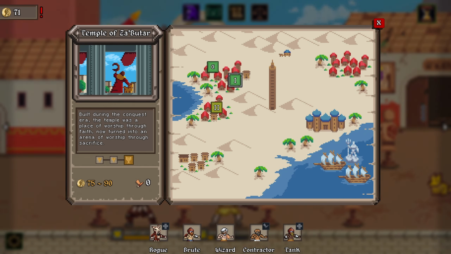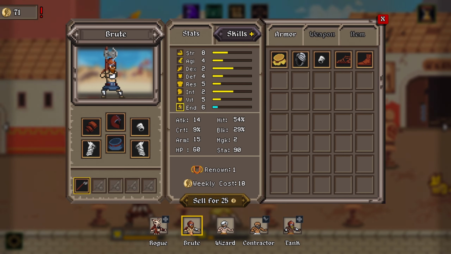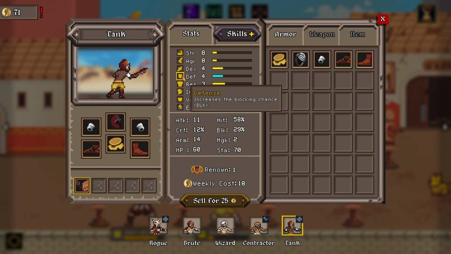So I've got my contractor, and then I renamed my guys so it's very much easier to understand them. So I've got my wizard, or our planned wizard, and our brute, our tanker. So this is a new guy picked up who just had a bunch of strength and agility to start with. So I want to get him leveled up a bit and give him a lot of defense so we can